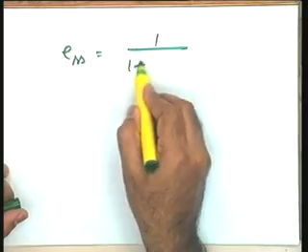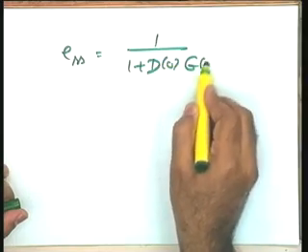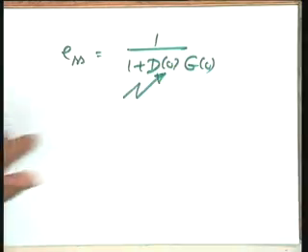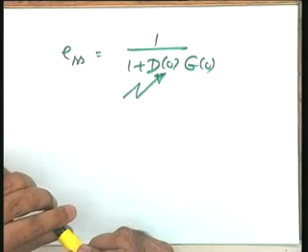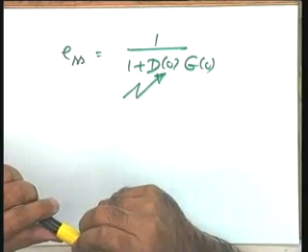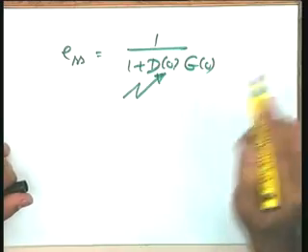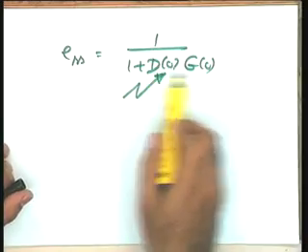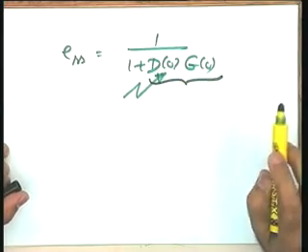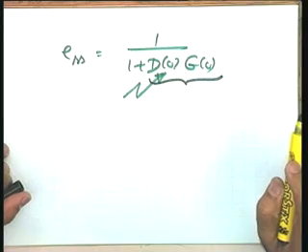Yes, surely I can reduce the steady state error by an appropriate design of the controller. e_ss is equal to 1 over 1 plus D0 G0. Make an appropriate design of the controller. Suitable control of the value D0 will give me the reduction in the steady state error and hence will improve the steady state accuracy. So keep this point in mind, that steady state accuracy gets improved with increase in the loop gain. This is your loop gain after all, and I am improving the steady state accuracy with the increase in the loop gain.